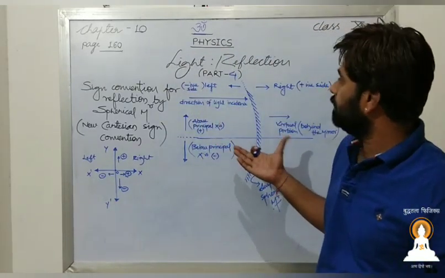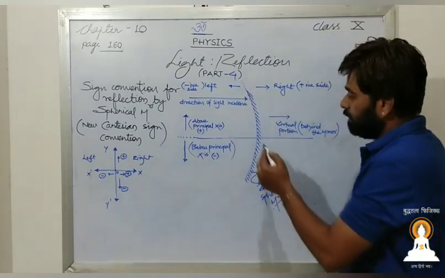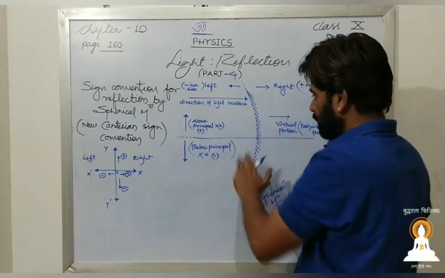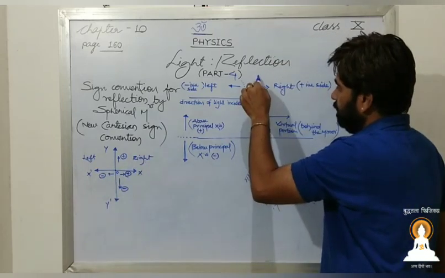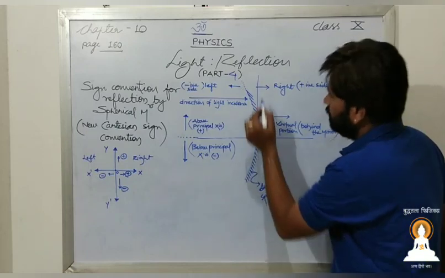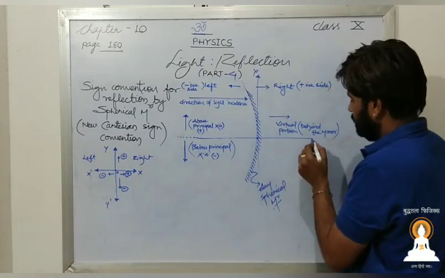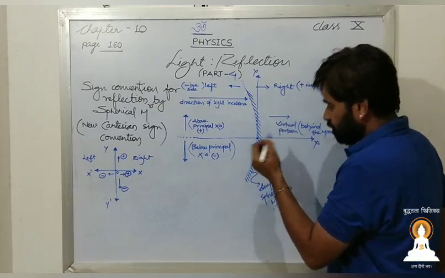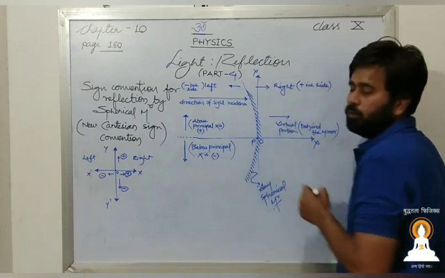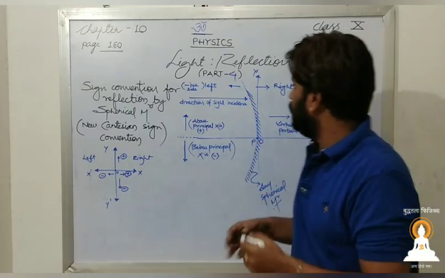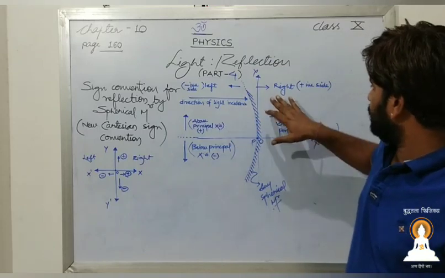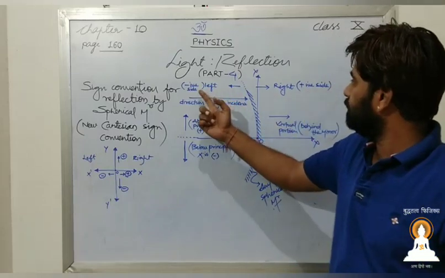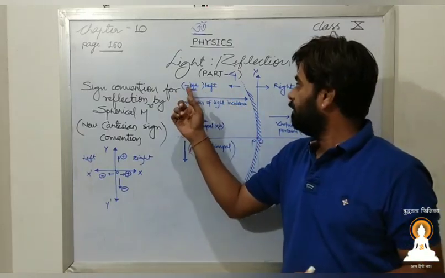over here. If we have a mirror, any spherical mirror, and I put this mirror over that origin, we will see it just like this. This will be the y-axis, this will be the x-axis, and this will be the point O, which we used to denote as P, that is pole. Let us begin with this. This side is the right side, which will always be the positive side. This is the left side, which will be the negative side.